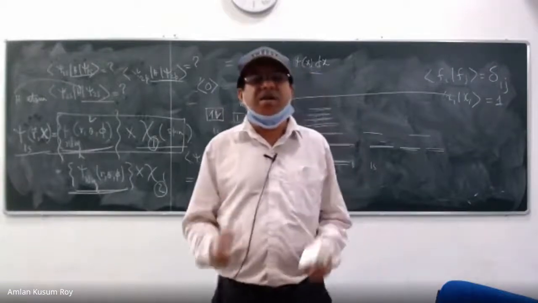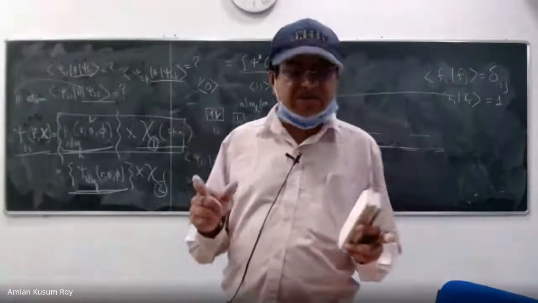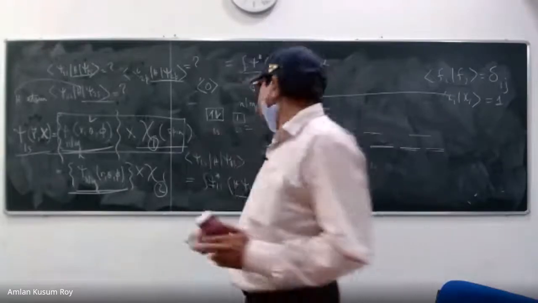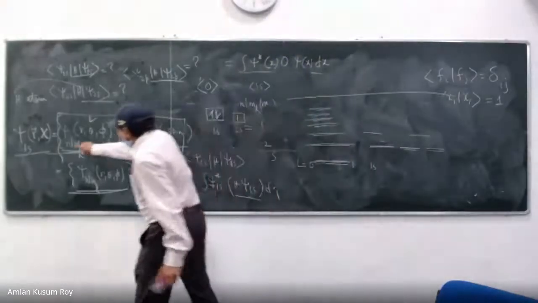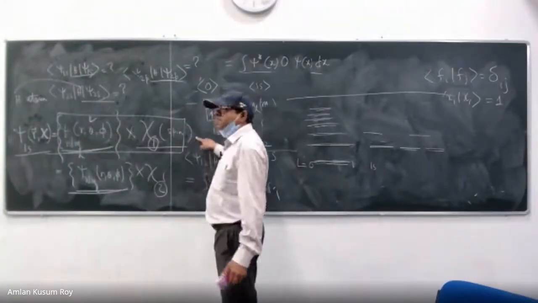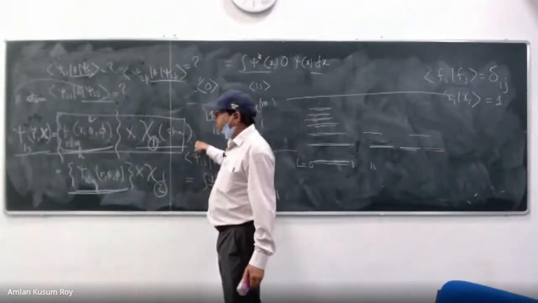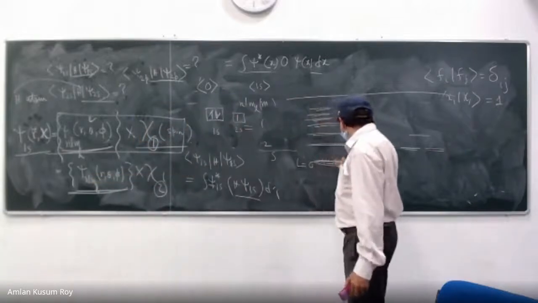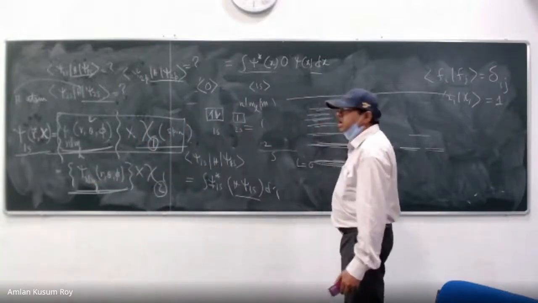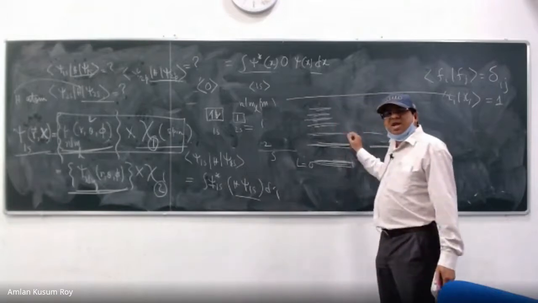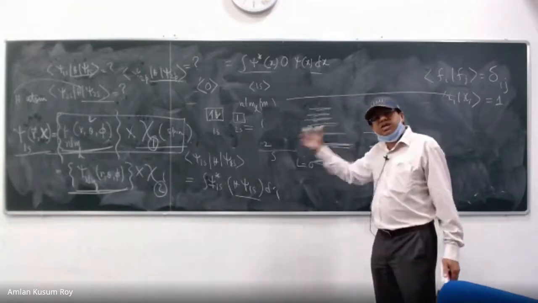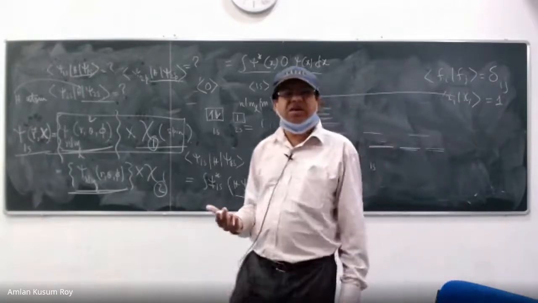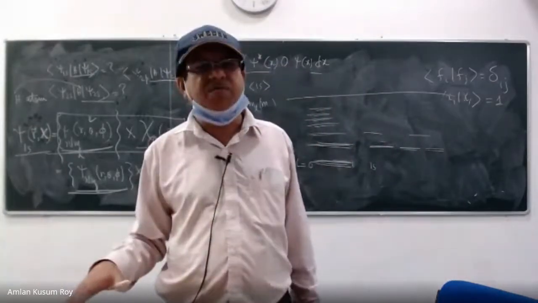For hydrogen, orbital and state are almost synonymous. But for many electrons, it is not going to be so. So this is now a state. This is a complete state. This is a state, this is another state. It seems that for the hydrogen atom, an orbital can also be called a state because there is nothing to add. But it is never going to be the case for more than one electron.